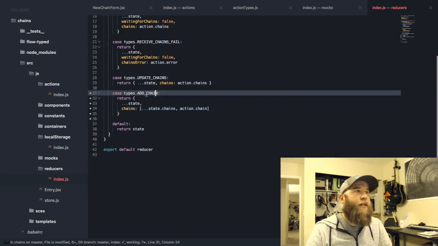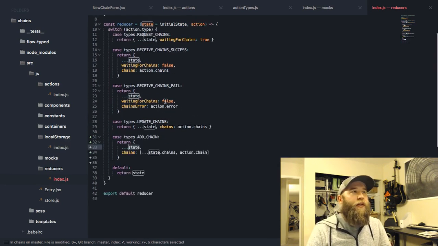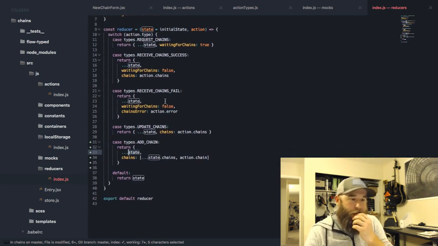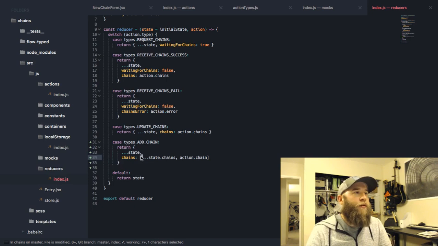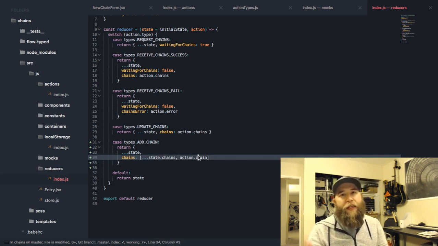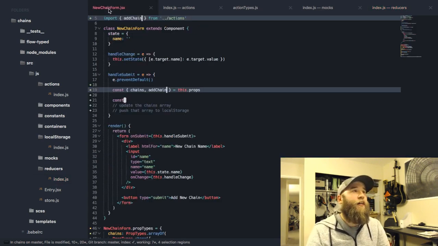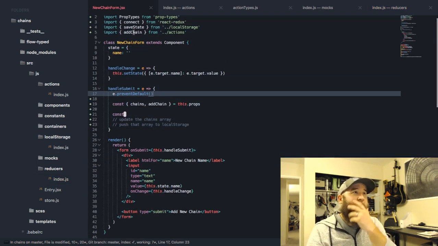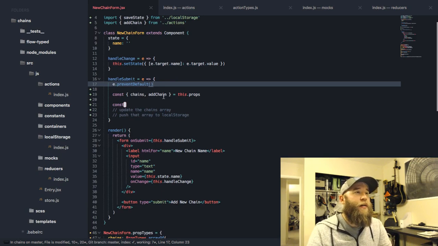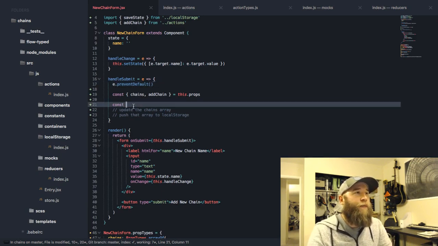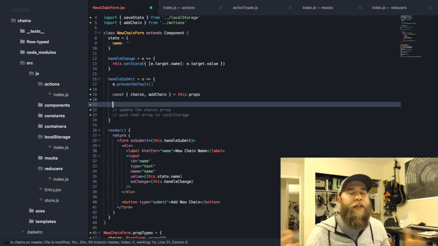But what I did is we added a new case of add chain. We're returning all the state, and what we're doing is we're just going to spread an array of the current chains and add the chain that we're passing in our action. So in our new chain form, we have the add chain action, right? And we're getting that with props. And what we're going to do is, assuming that we have a new name,